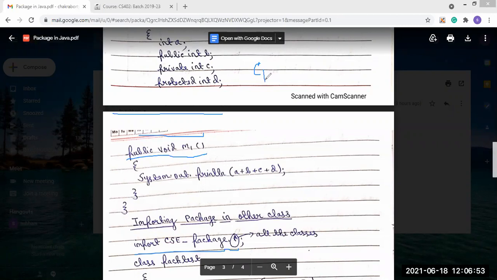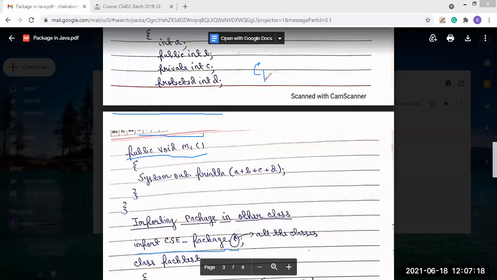So whenever we import that package, this C1 class will automatically be imported into our program, because we are importing the package. The classes and methods present in that package will be imported.